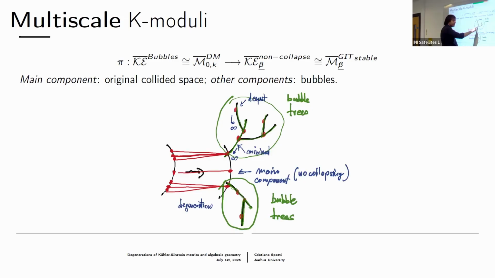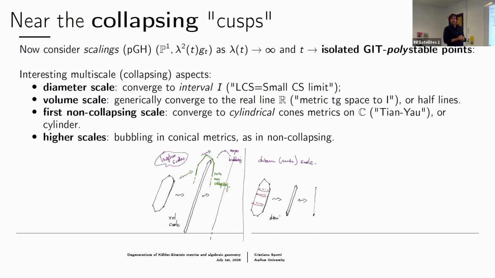Again, we have another component. Here we have, in this direction at infinity, the same cone that we have here at the singularity. And so we get this new interpretation, if you want, of the compactification that actually provides a log resolution of this JT stable model space. One would like to refer to this as some sort of multi-scale model space that explores this cluster of points. This is for the non-collapsing situation, but for non-generic values of beta, we can also